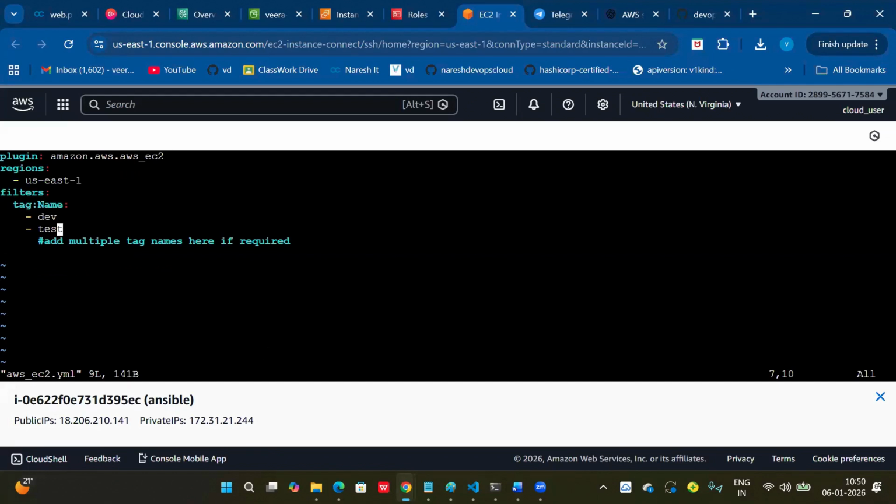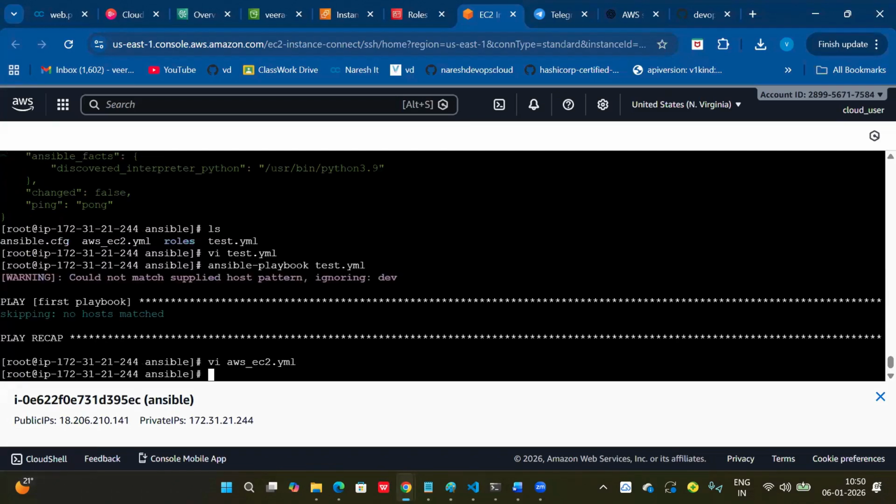If you want to call a specific list of tags as a separate group, definitely you have to use a keyed group. Before also we discussed, right? When you mention all, that will consider all IPs. If you added a dev group with separate IPs and a test group with separate IPs, you can call dev. But here inside this YAML, we are not creating any groups, right? But in the playbook.yaml, I'm calling a group. So both are not matching. We don't have any group dev here. Dev tag is a value only. There is no group here. That's why your playbook fails here. Clear or not?